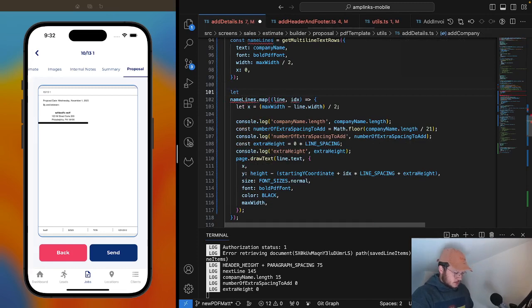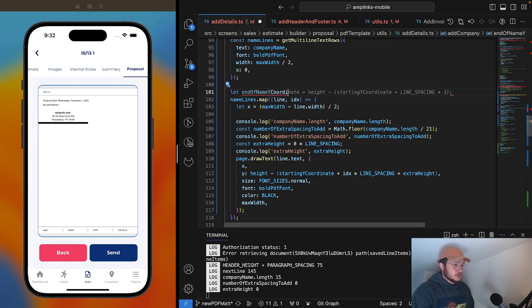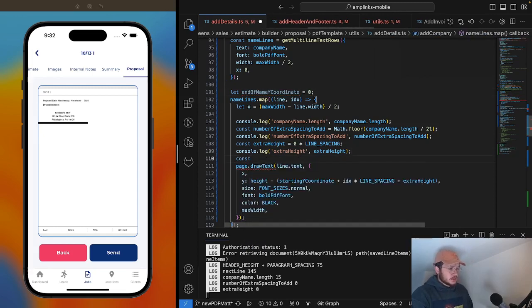So let end of name y coordinates equals, I'm going to do 0. So we're going to do const new y is equal to,